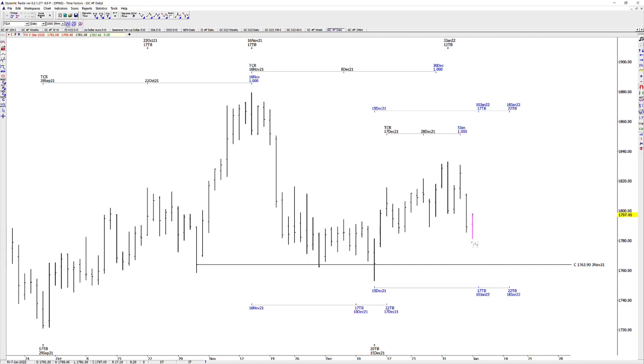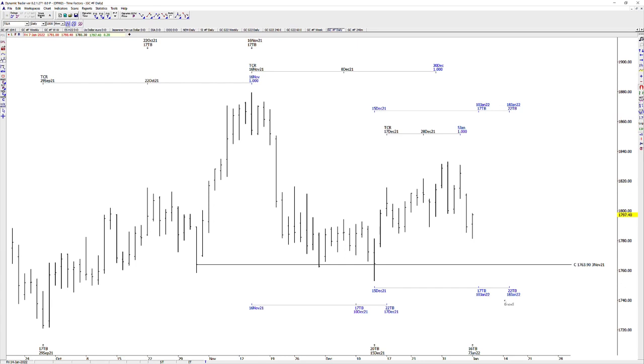Is that the date? That is the 7th. Let me just click that off, and I'm going to take this off. I want to see how many trading days it is from this low. It's 16. So as of this reversal day, we're 1 day before this period when we've had reversals, significant reversals